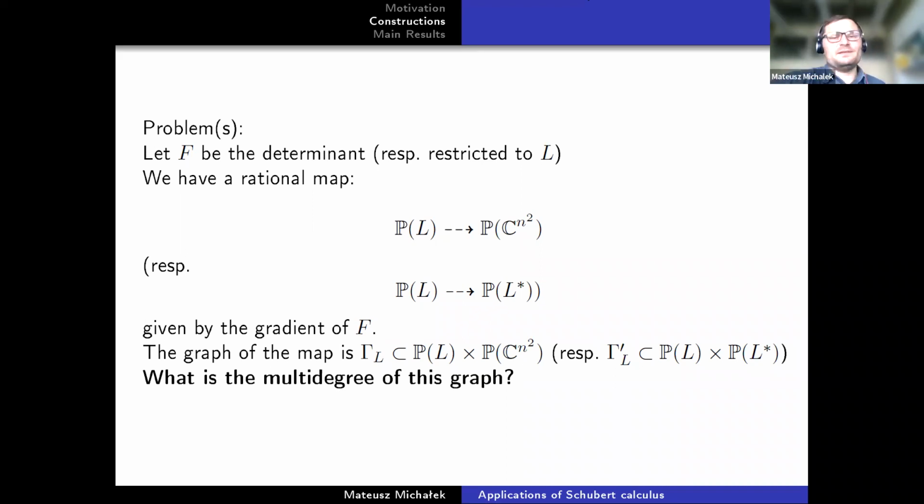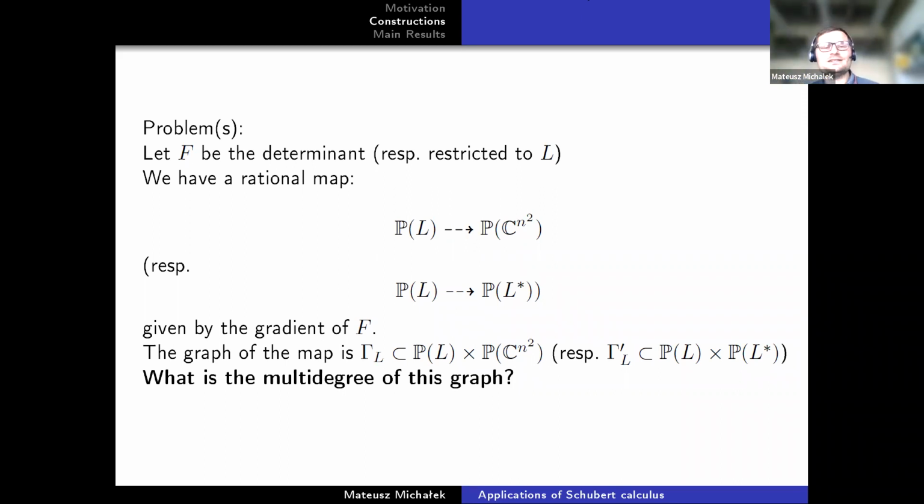But you can just think about the first map where to a matrix, I associate the gradient of the determinant. If you don't like the gradient of the determinant, this map is the same as inverting the matrix. Or because we are in a projective space, it's also the same as taking the adjugate matrix, so n minus 1 by n minus 1 minors of my n by n matrix. Okay, well, this is not a number or a sequence of numbers, but this map has a graph, so pairs of something in the domain and the image of this thing. This graph lives in the product of projective spaces, the domain times the codomain.